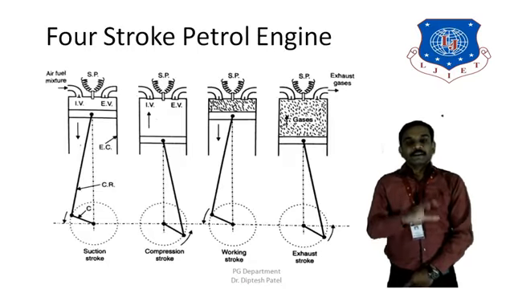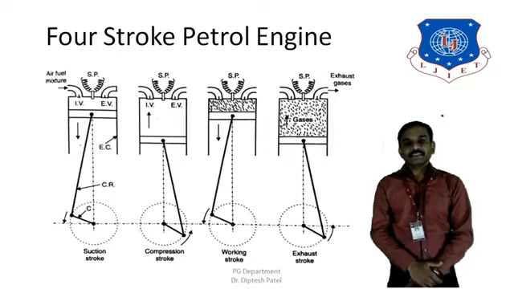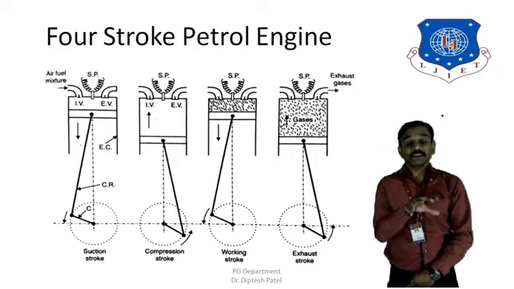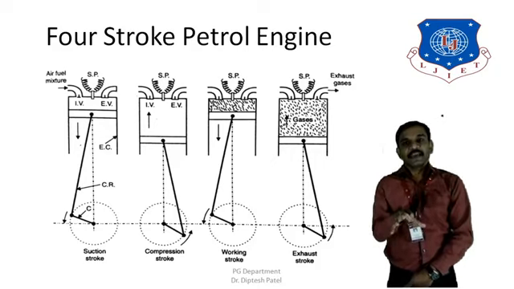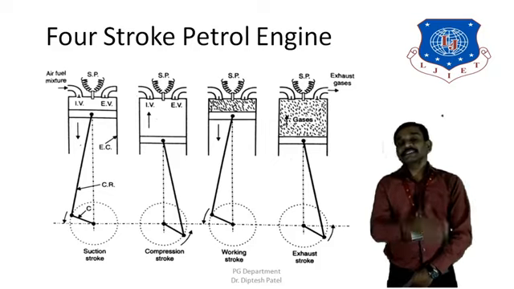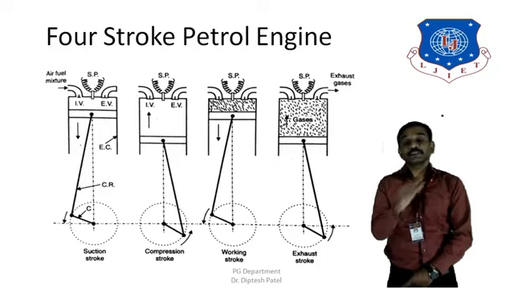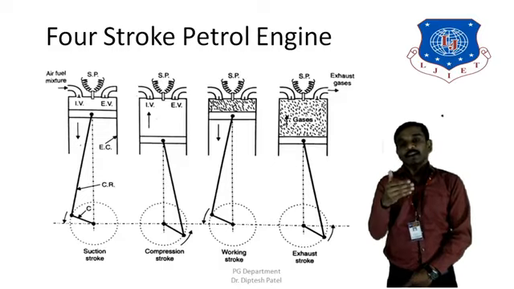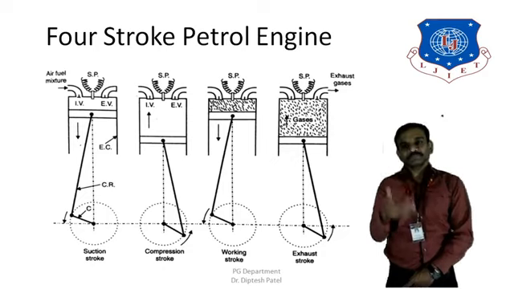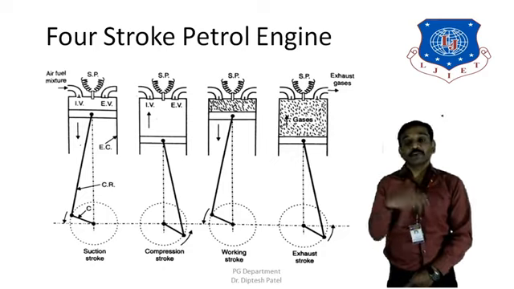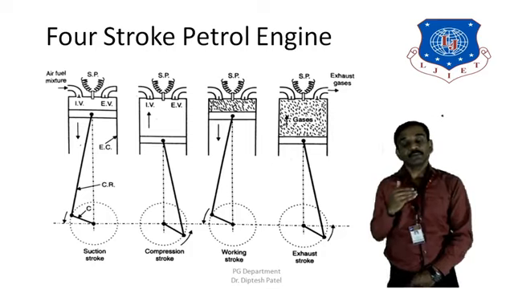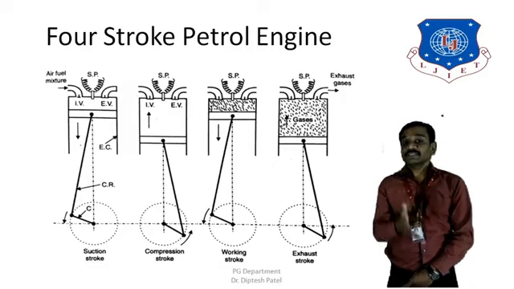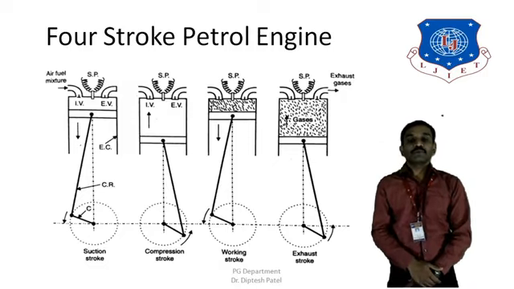Now before we begin the subject called advanced internal combustion engine, we need to go through the basic introduction of the IC engine. As we have seen, the classification of the IC engine depends on the number of strokes, in which we have seen the 4-stroke and 2-stroke, and also on the type of fuel used or the thermodynamic cycle used, such as petrol, which is also known as the Otto cycle, and the diesel cycle. So the first case that we are going to see is the 4-stroke petrol engine.